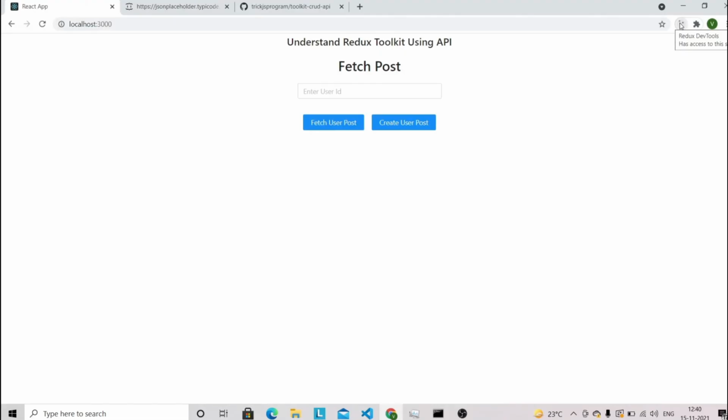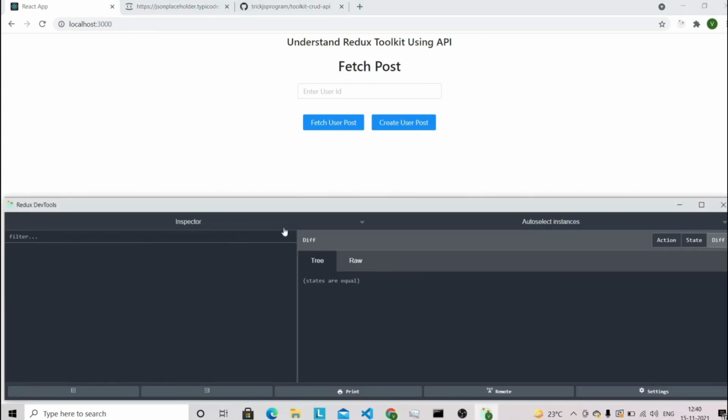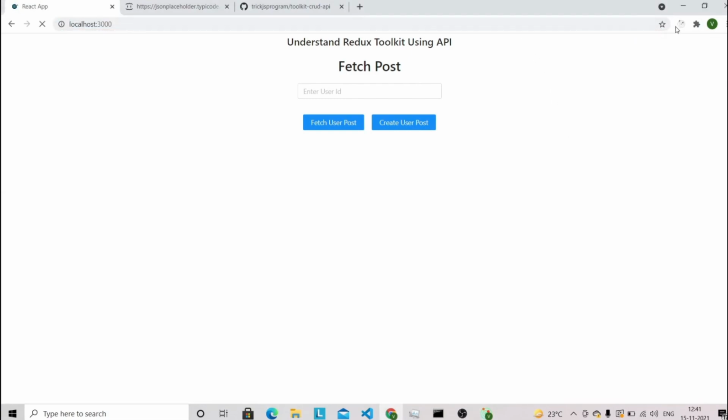So guys, we can verify whether Redux Toolkit got configured in our application or not. We can verify it in the Redux DevTools. I have already installed this Redux DevTools extension in my Chrome browser.